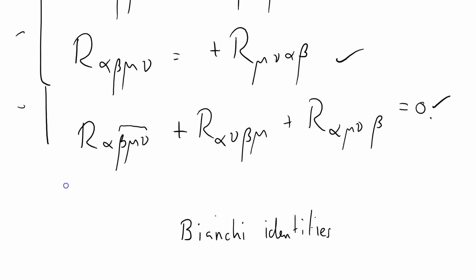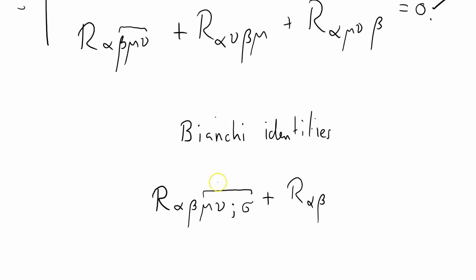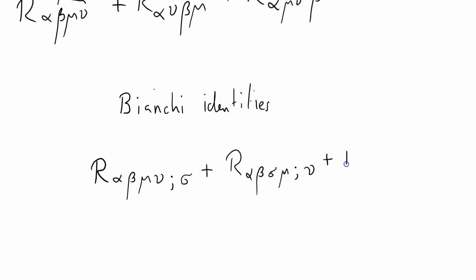Well, rather than just an algebraic relationship, this has got differentials in it. So what we're going to do is start with the Riemann-Christoffel tensor, mu, nu, and I'm going to have covariant differentiation with respect to sigma. And I'm going to add our alpha, beta. Alpha and beta stay the same, but these three indices here, I'm going to permute. So we've got mu, nu, semicolon sigma, and I'm just going to move everything to the right. So mu, nu, sigma, mu, nu, sigma, plus, and then the final one, R alpha and beta